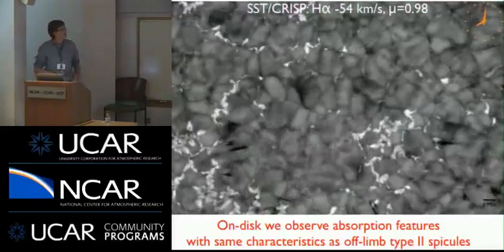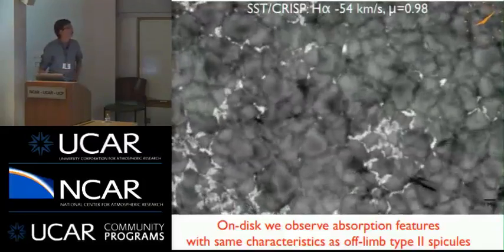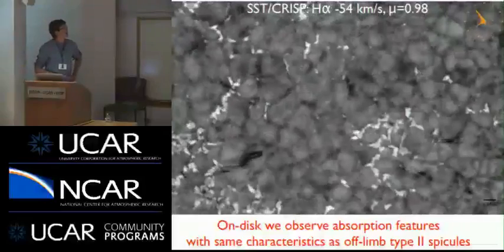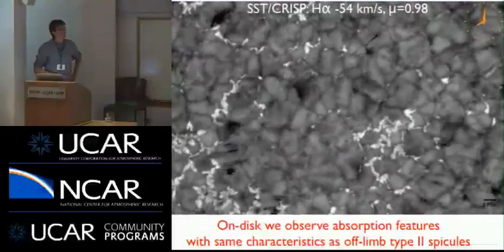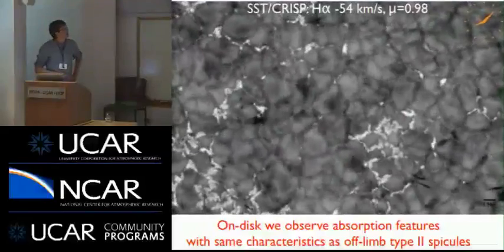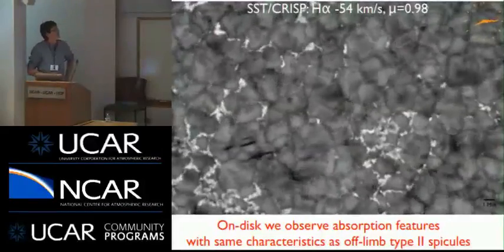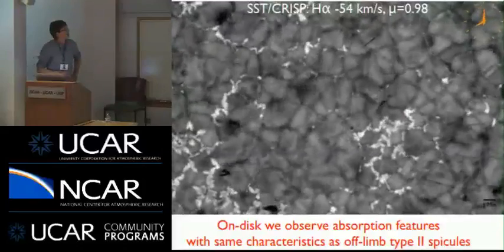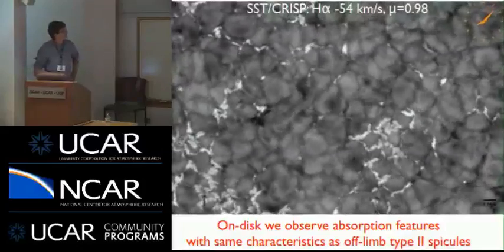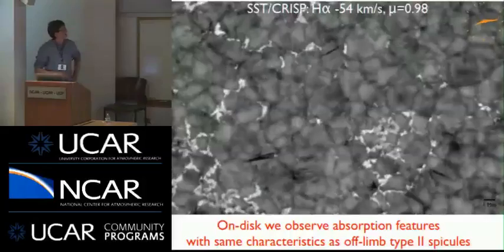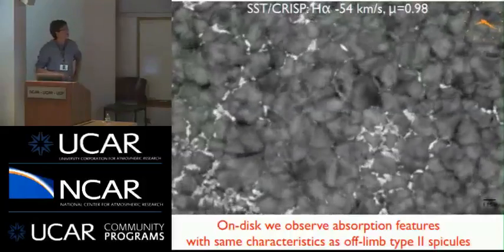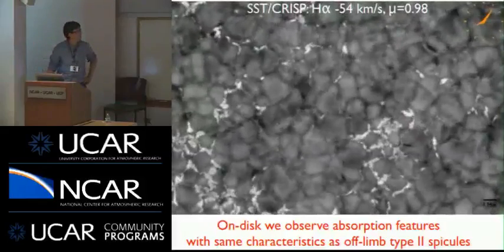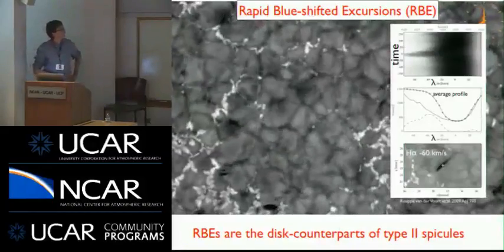We can observe these spicules also on the disk, and this can be done in the wings of, for example, H-alpha. So here you see a movie at the center of the disk. In the far wing at 54 kilometers per second in the blue wing. And then we see these dark absorption features that shoot out from the strong fields. And we studied these dark features in detail, and they behave in the same way as the spicules that we see on the limb. So we call them